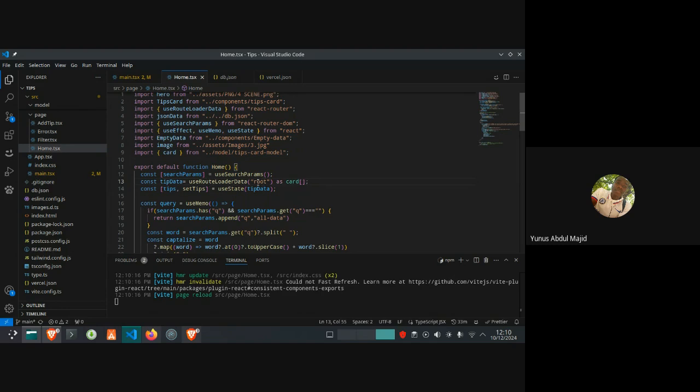After using this, I now put the return data inside the useState. So let's see if this will return something. If it returns something, then we should be able to debug the error.